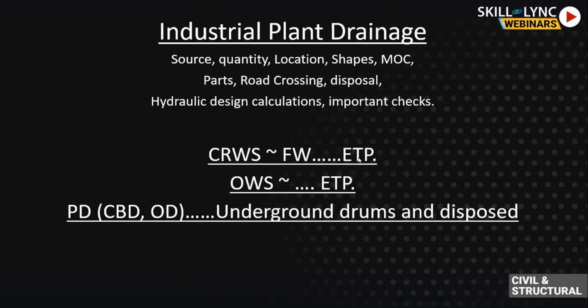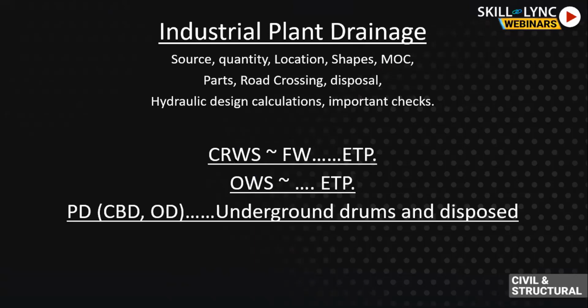You have to sit with a piping engineer, understand the system, understand what inputs are there. Now about oily water sewer design, you require a quantity. The stormwater drain quantity you can find, the discharge entering your drain you can find yourself. A civil engineer can find it by that C into I into A formula. But for all other systems, these three systems, contaminated rainwater system, oily water and process drains, you are required to sit with the process or piping person and understand how much is the discharge entering your pipes.